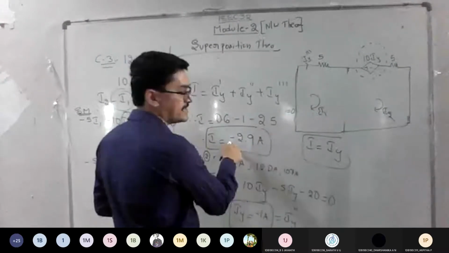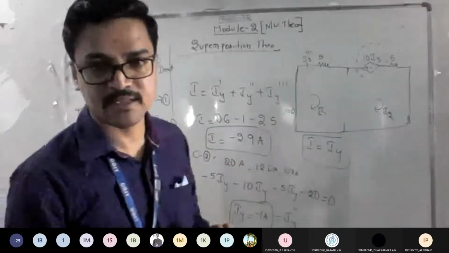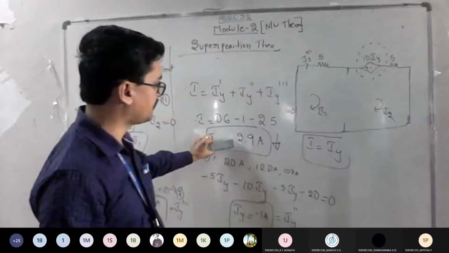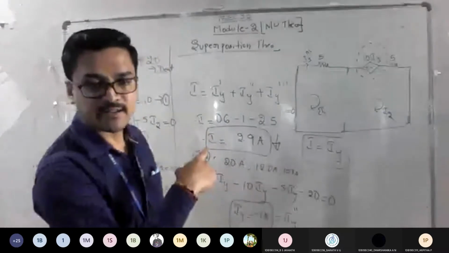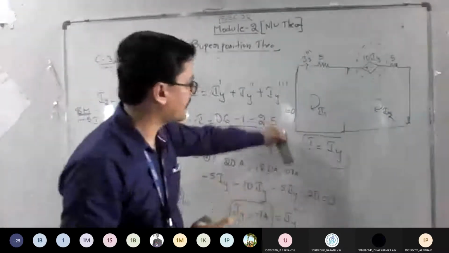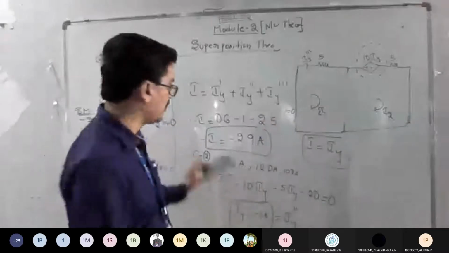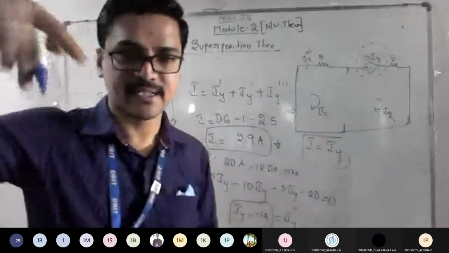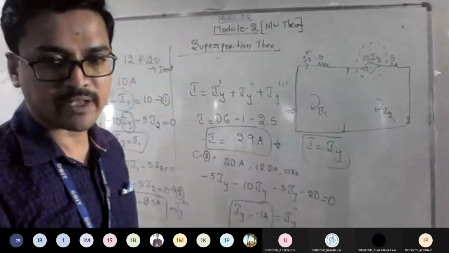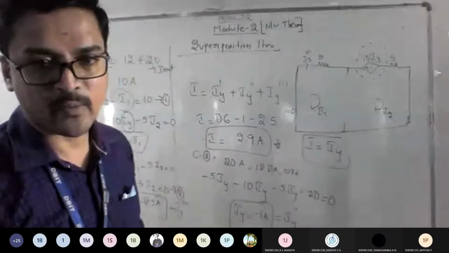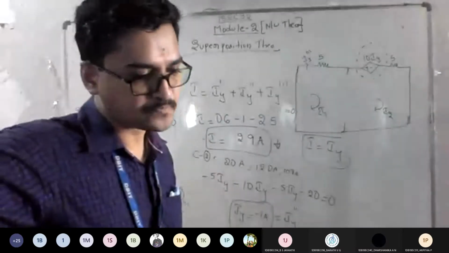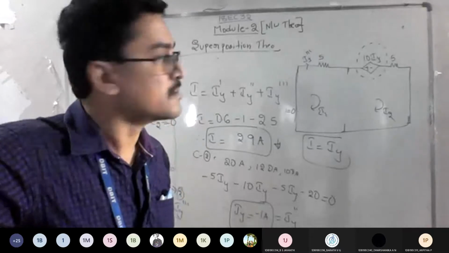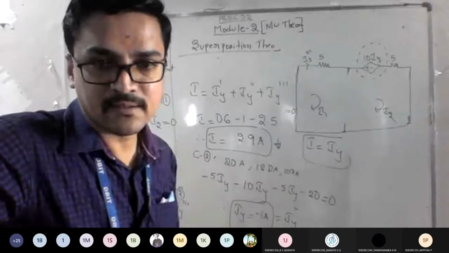So what is the minus indication? The assumption that you have made should be reversed. So I can mark the arrow like this, and I can eliminate the minus. That is also good. If you want, write the answer like this, or make this change of downward arrow mark. That indicates it is negative. Either you write minus 2.5 or with an arrow mark, both are fine. Not a problem. Am I clear? Is it fine till here?